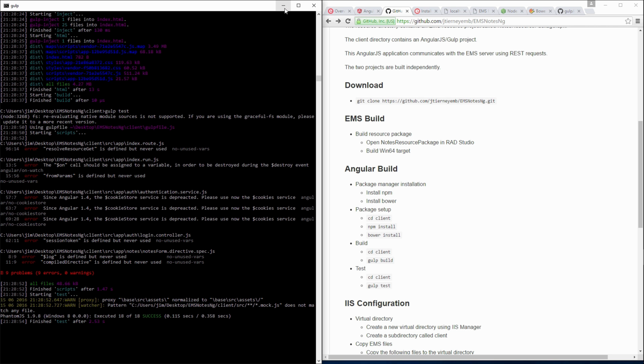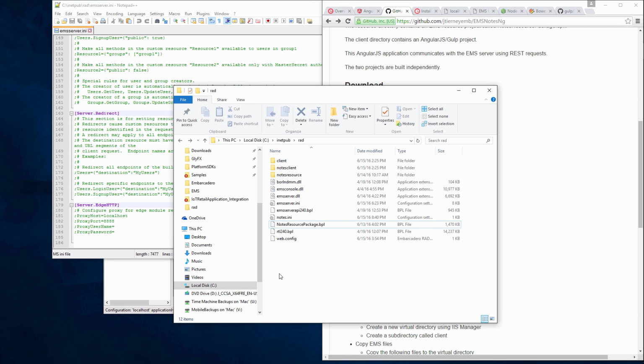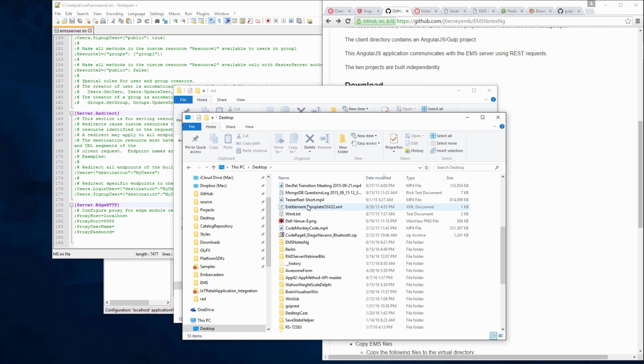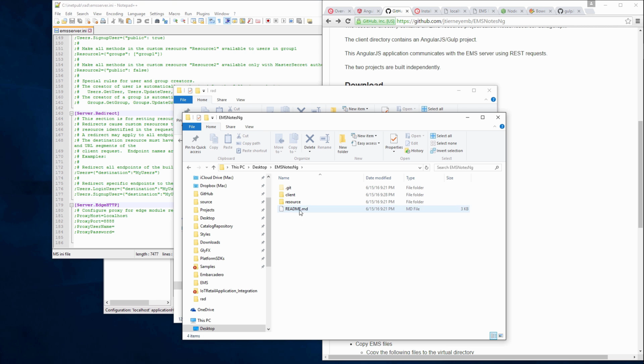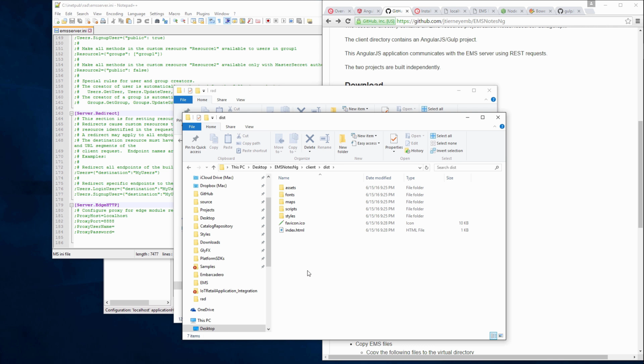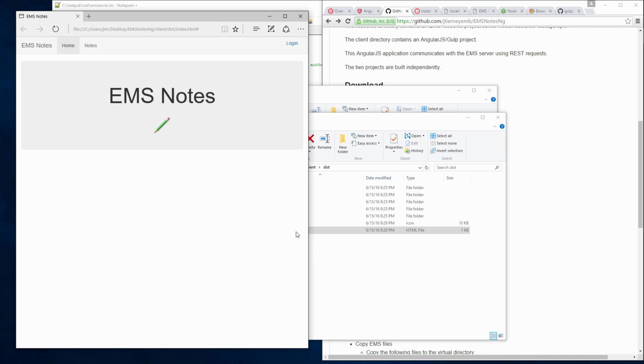Let's go ahead and minimize my window here. And let's open a new window, Desktop, and EMS Notes Client. Now we have a new folder here called dist, which is the distribution files. And so these are the files we're going to copy. And actually, if I double click on this here, well, it opens it in Internet Explorer, but this is the